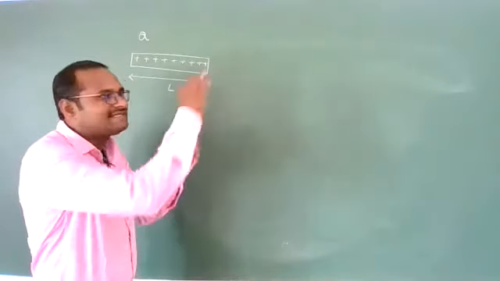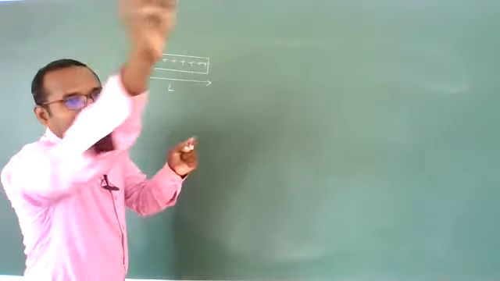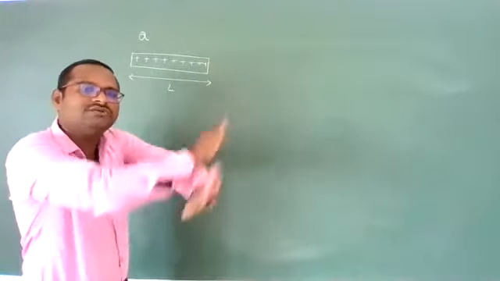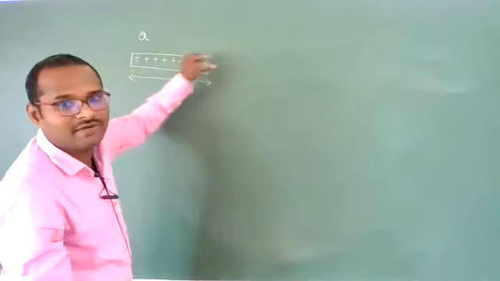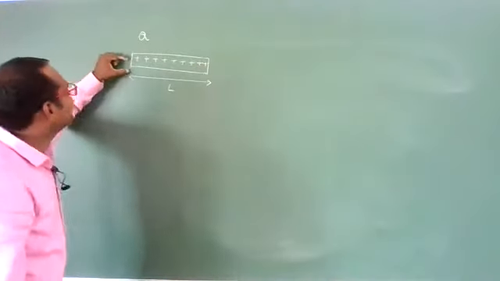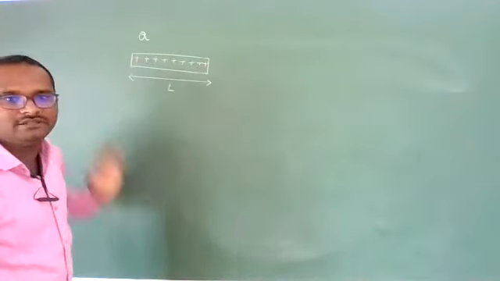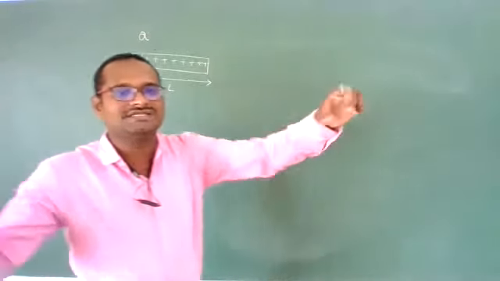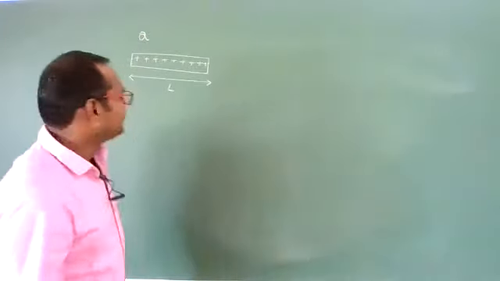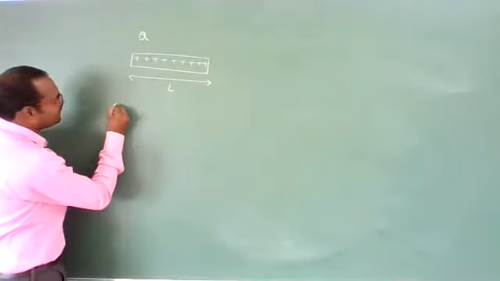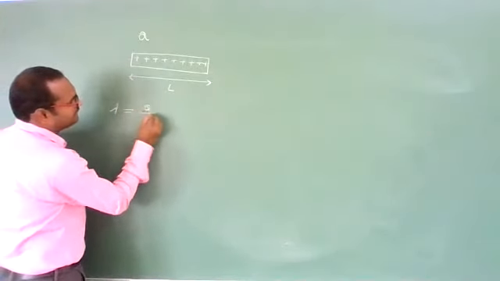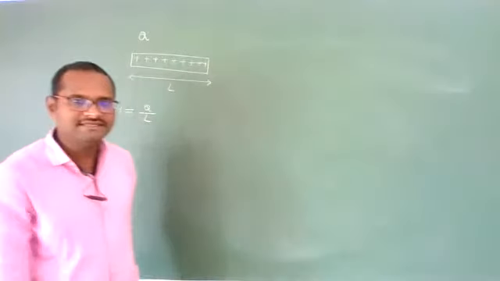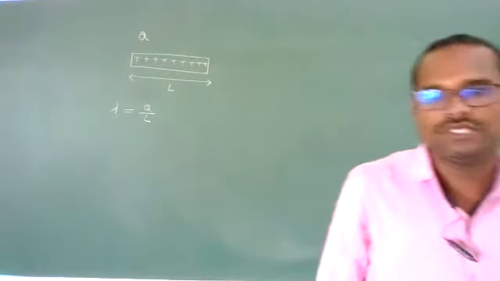Now, due to this rod of length L, it is a continuous distribution of charge. It is not like a discrete distribution where at one place charge is there and at another place it is not. It is continuous throughout its length. I am taking only length, not breadth. You neglect the width in comparison to length. So it will become linear charge density lambda. We need to define one quantity for it, that is lambda, which can be written as Q by L. Clear, students? It will have linear charge density Q by L.